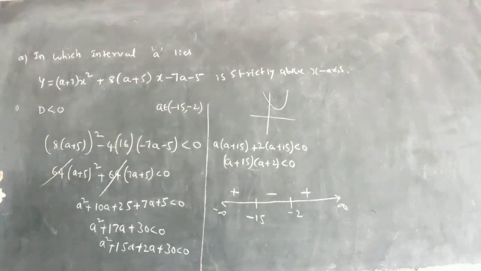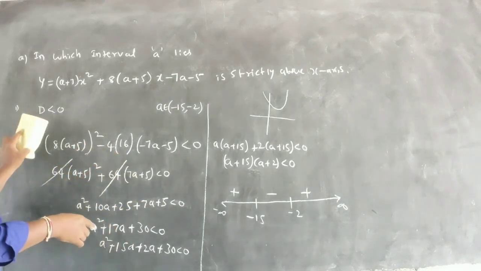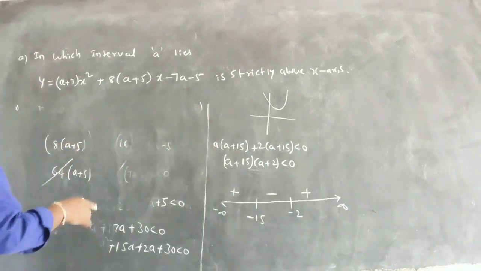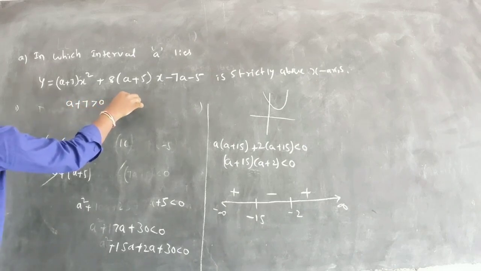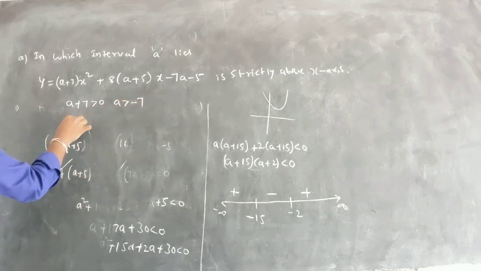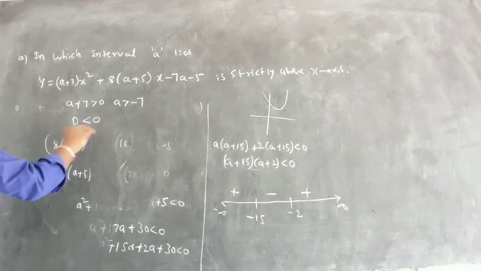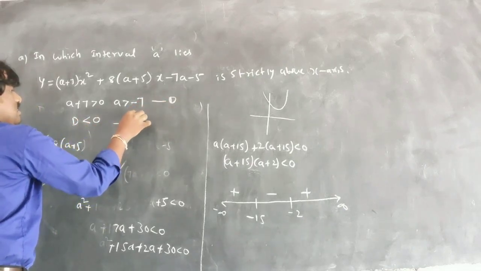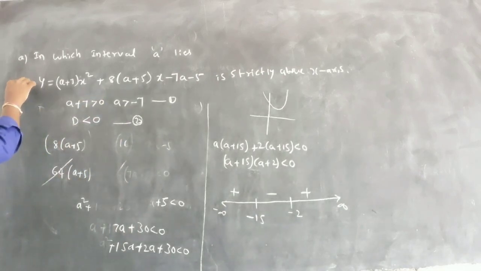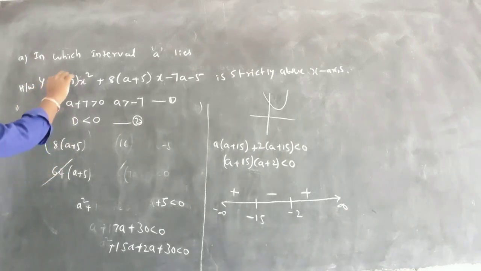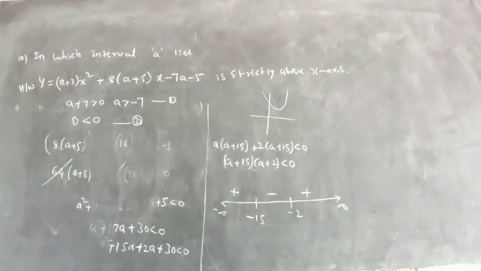Now I am changing the question. In this case, all these things are also going to be changed. So what we do, if you have like this, we take a plus 7 greater than 0. So a greater than minus 7. And we will apply D, discriminant is less than 0, and the intersection of these answers we will do, that will be the final answer. So you can do this homework and send me in the group. You can do this problem yourself. I hope you understand. Let us go for the next.